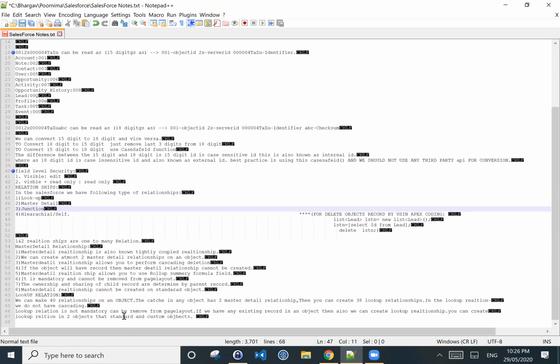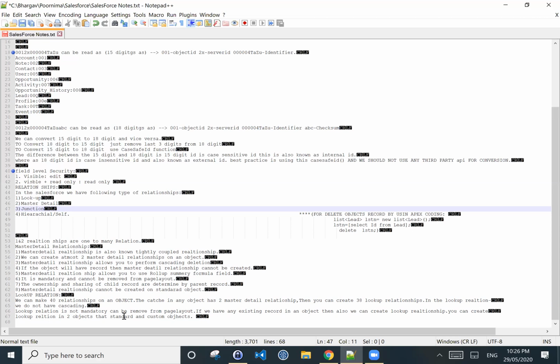So the purpose of the master relationship, I have told you: if you require the roll up summary formula field, that is one purpose. If you require cascade deletion, I showed you the example yesterday. When we deleted the parent, the child also got deleted, right?